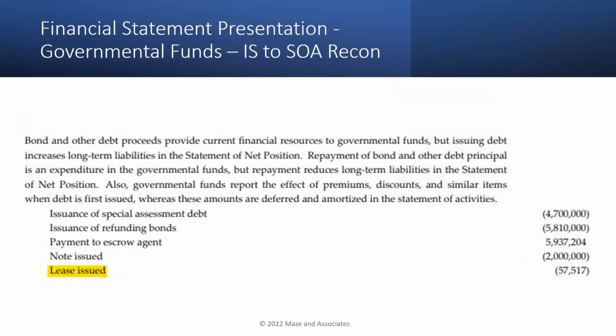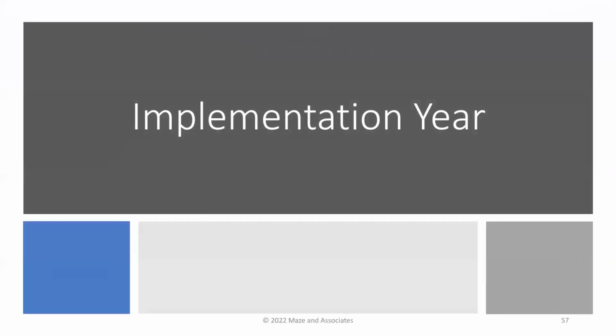And then you're going to have a reconciling item on the income statement, the statement of activities reconciliation, in the year that there's a lease issued. And then, of course, your enterprise fund. I didn't give you separate snips for the enterprise fund because that's going to be similar to the statement of net position, the entity-wide statements, snips that you saw there. So in the implementation year, again, it's no longer in the future. You're here, we're here, no more avoiding it.